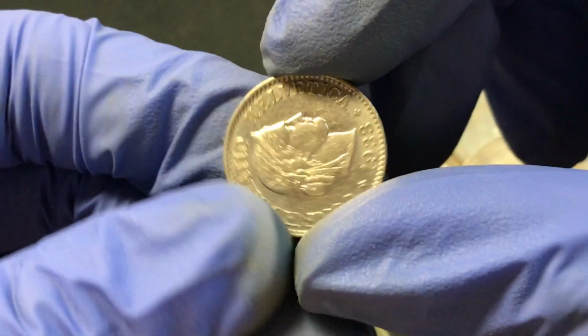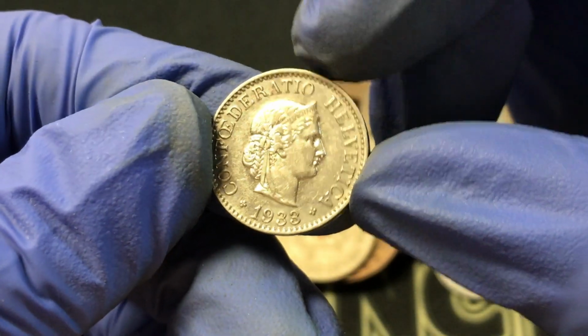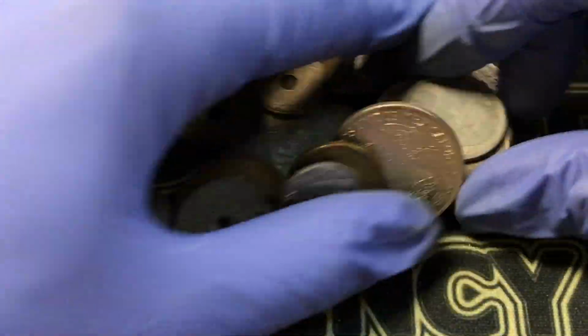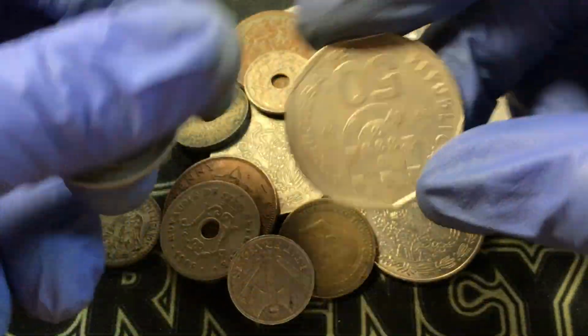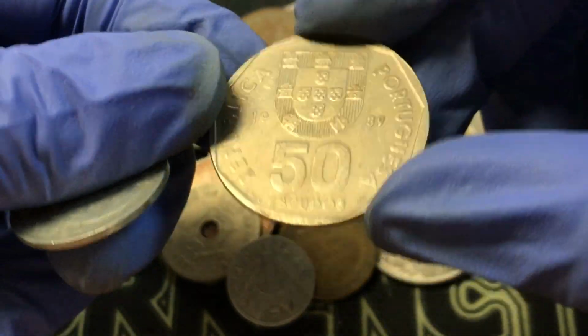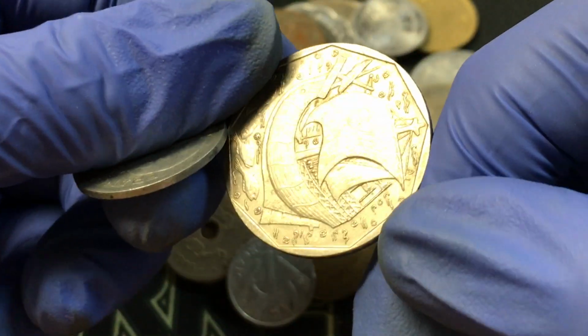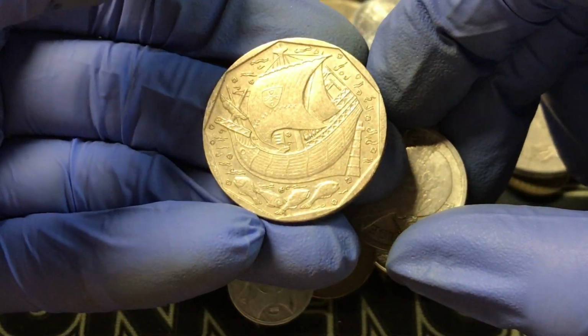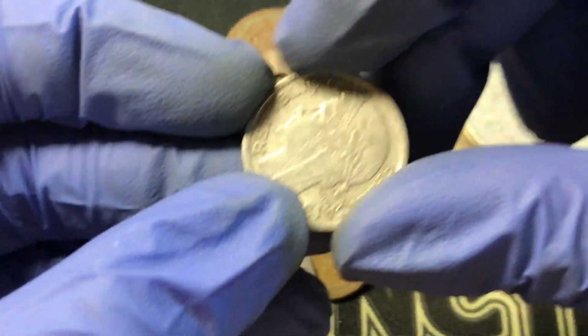Here's 10 Rappen from Switzerland, 1933, has the Libertas, which I've said this before, but it really reminds me of American coinage, like a V nickel. This one's 50 Escudos, 1989, from Portugal. So, also, that is a cool looking ship, and I think that they were heavily reliant on their shipbuilding for